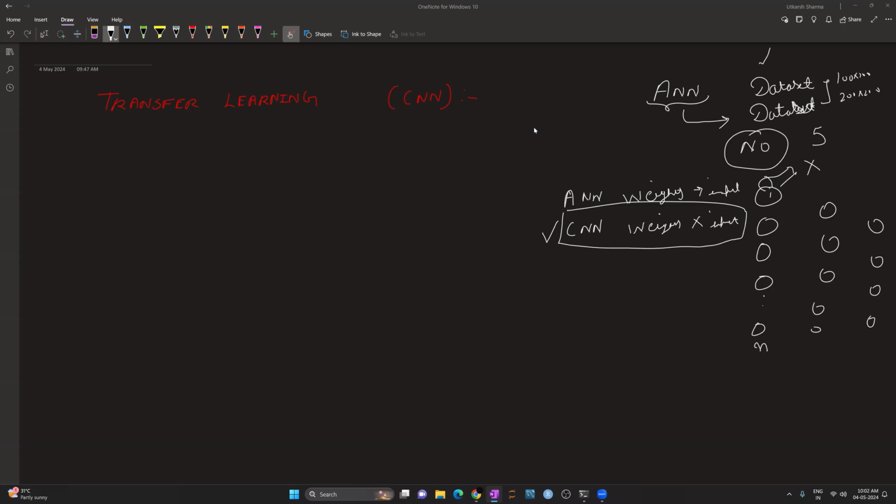What is this concept of transfer learning? When all of you created your first CNN, we have to understand the purpose first. That is my approach. First, we need to understand the purpose of what we are studying so that we can understand it better. So when all of you created your first CNN,